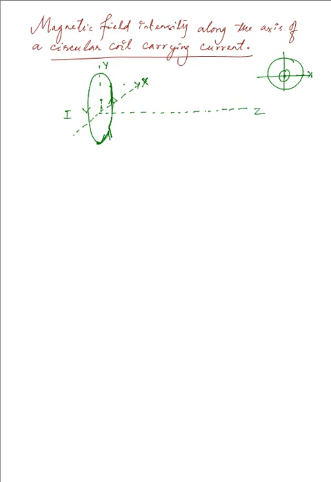on which, let us say, we are considering a point at a distance x from the center of the coil, and let us take it as P. So at that point P, we wish to determine the magnetic field intensity. For that, we would be considering two diametrically opposite lengths at the top and at the bottom as of now. So at the top and at the bottom, we'll consider dl length,